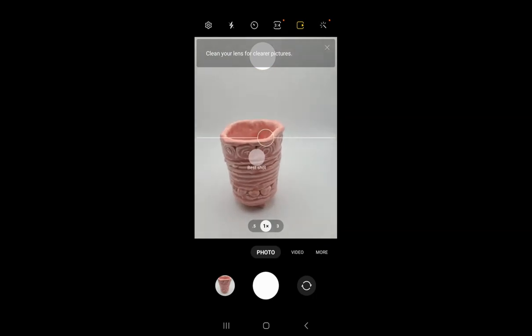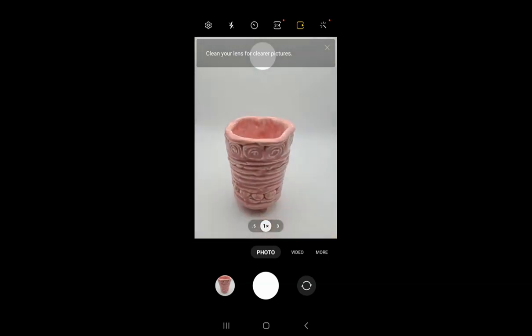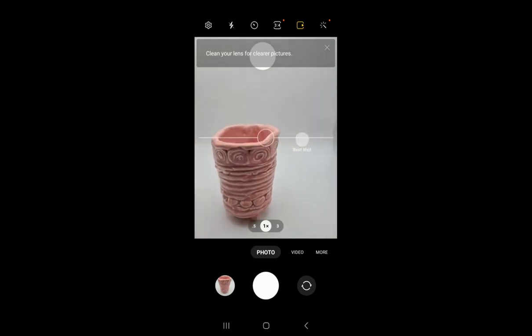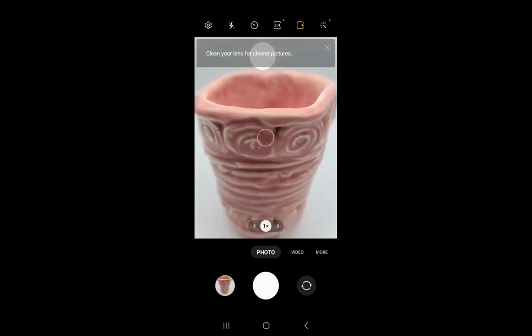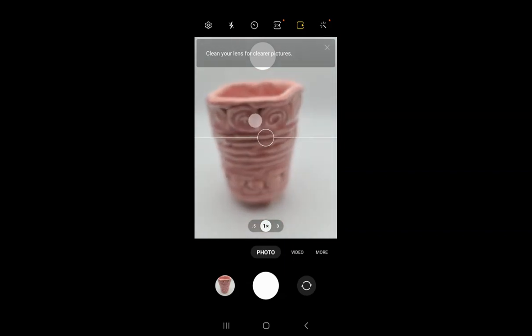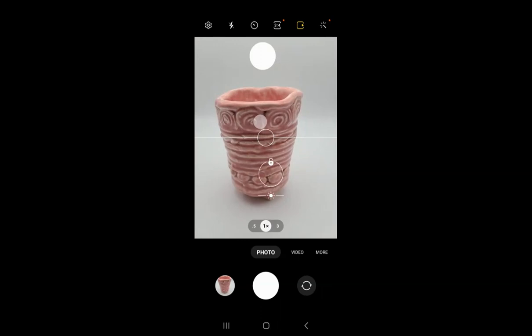And then you're going to get it centered in your camera, and you're going to make sure that it's not tipping like that. And you're going to make sure over here on the sides you don't see those sides. So you want to make sure you kind of get really close and not getting those sides there, okay? So pretty close to the work. Don't want to get it too close where you cut off the edges, right? So you want to see the white space around the entire piece, and you're going to take a picture and